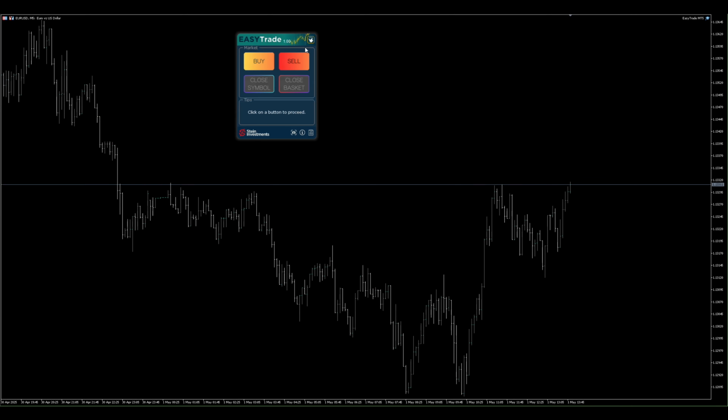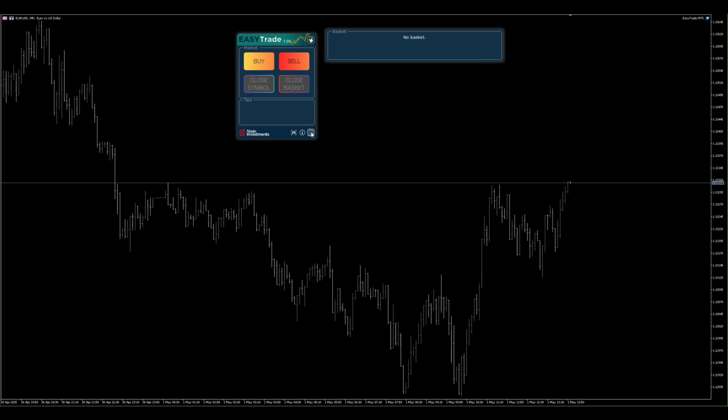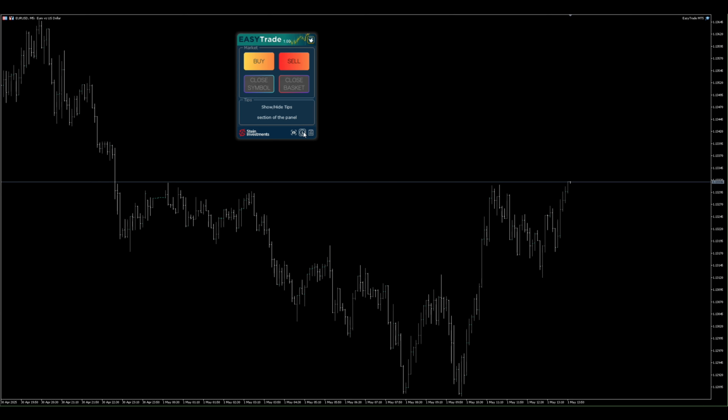This one is the market section where you perform what you want to execute. The tips section gives you tips about what you are currently hovering your mouse over. And you see here, for example, this button shows and hides the report panel. So there it is. And you can hide it as well, and it will be placed again where you saved